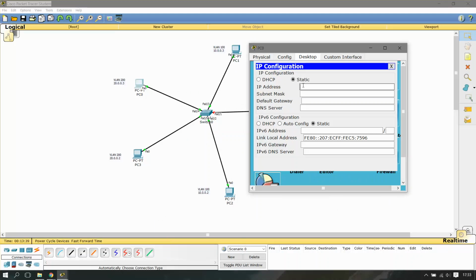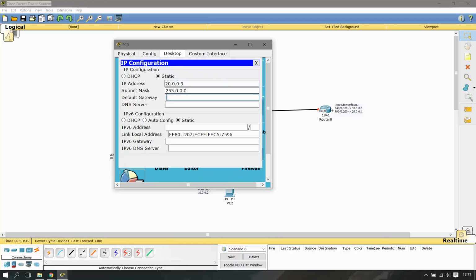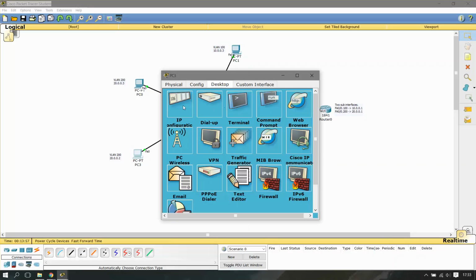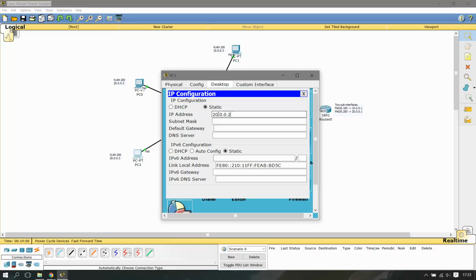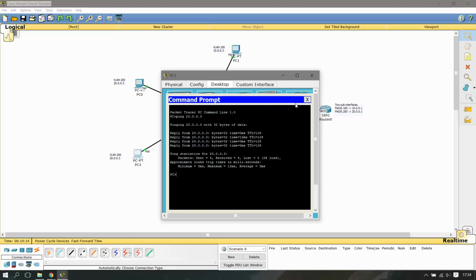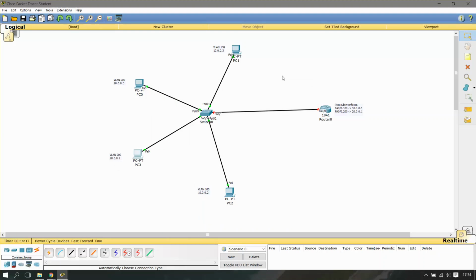It will be 20.0.0.3 and which will have default gateway of the second sub interface because we are routing it. So it will be 20.0.0.1, and that's it. Same thing will follow on this system. 20.0.0.2, 20.0.0.1, and that's it. Let's ping the other one. Ping 20.0.0.3. Here we go. So currently we are getting pings in their own VLANs, but now we want to do,